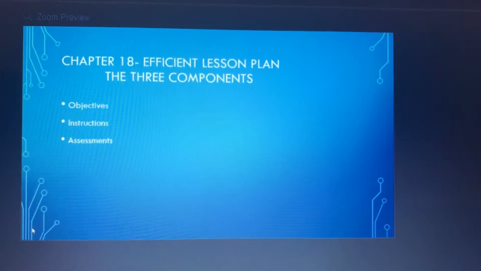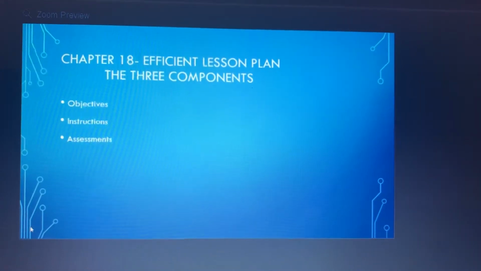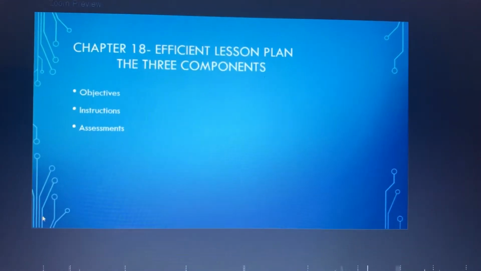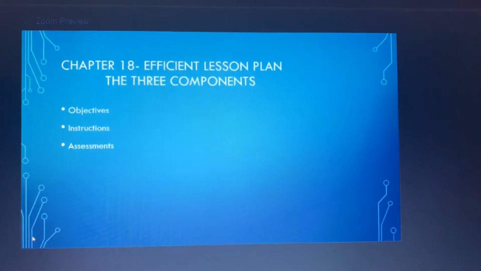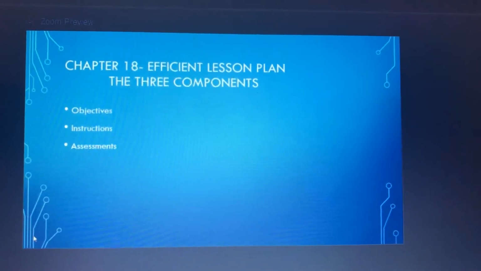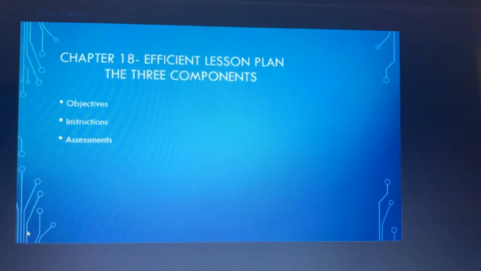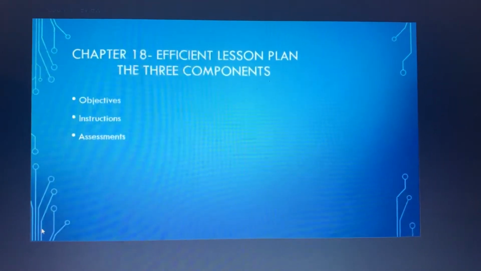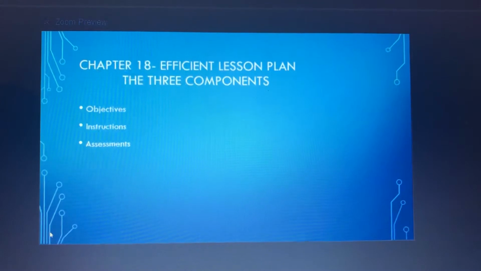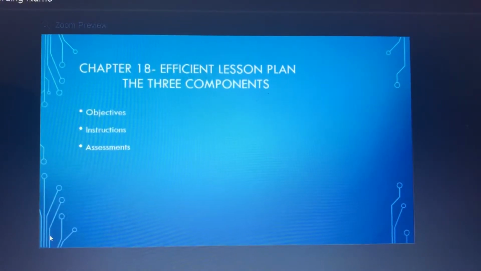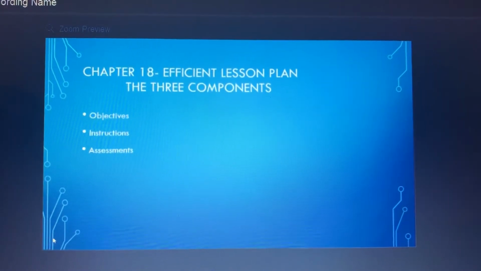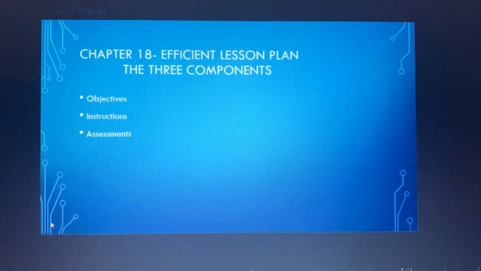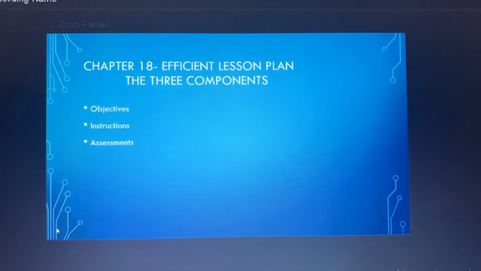Chapter 18 focuses on efficient lesson plans. The three components include objectives, instructions, and assessment. So you need to make sure that you have a good lesson plan where your objective as a teacher is to set attainable goals. Those attainable goals need to correspond with your teaching process. You need to have adequate time in preparing for the lesson, and you also need to